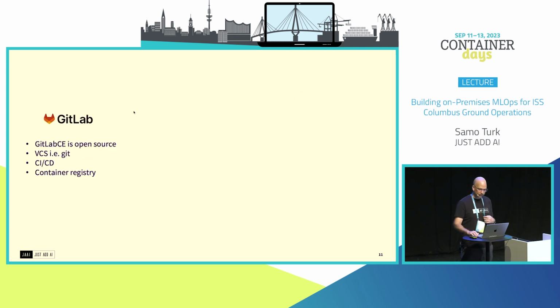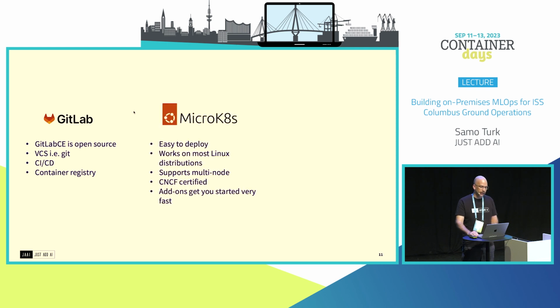Right. So let's have a closer look. There are, let's say, three key components of this platform. One is GitLab, as mentioned. We are using it for our source control, CI/CD, and the registry, and also it's open source, so it also ticks that box. Then we had to select the Kubernetes distribution, and we went for microK8s because